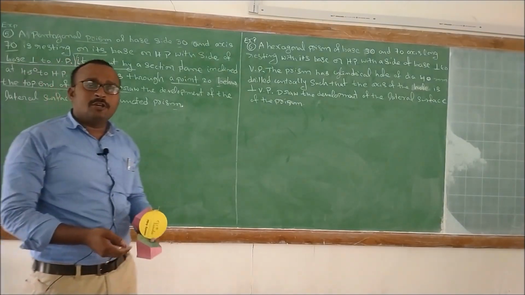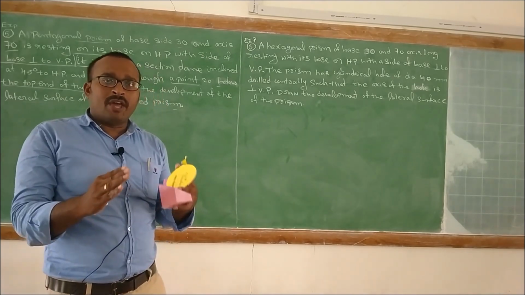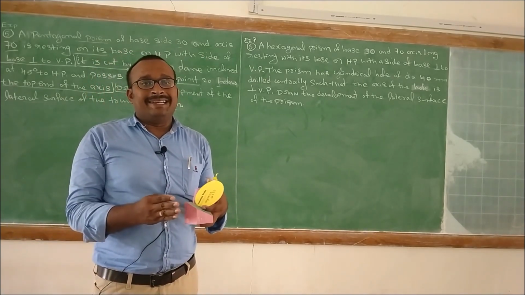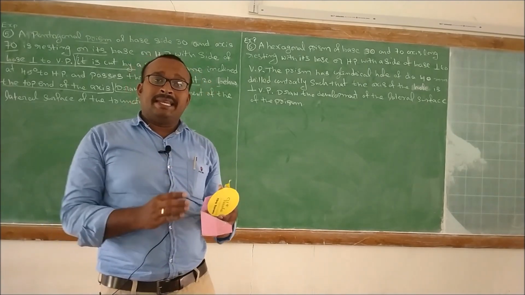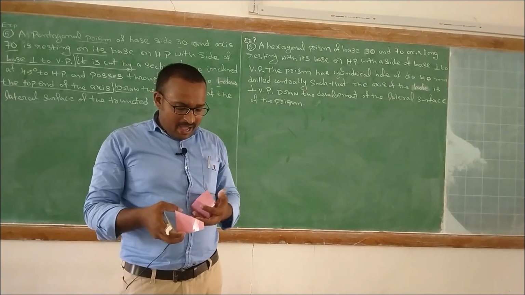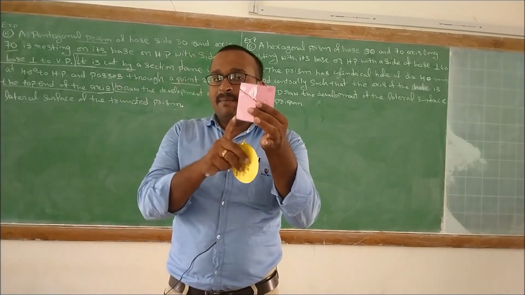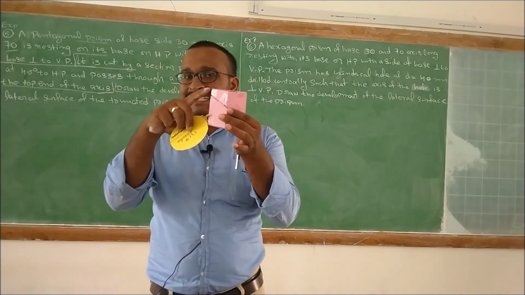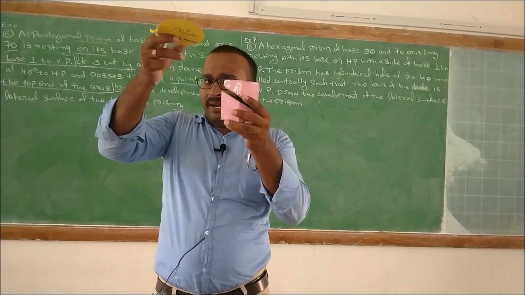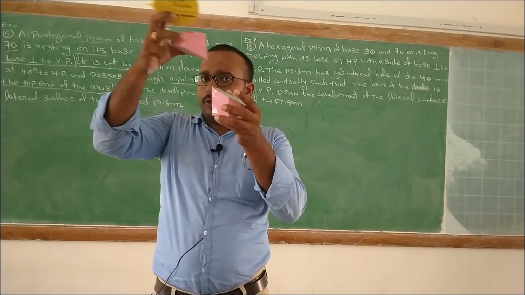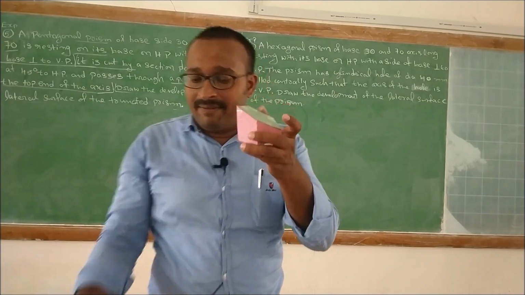So up to now we have discussed the simple solids, right? How we are going to develop the simple solids without any cutting plane. But here we are going to discuss with a simple cutting plane. So for example, if you have a pentagonal prism of base 30 mm side and 70 mm axis long, and it is cut by a section plane, right? Automatically the top portion is going to be removed and then the truncated portion needs to be developed, right?